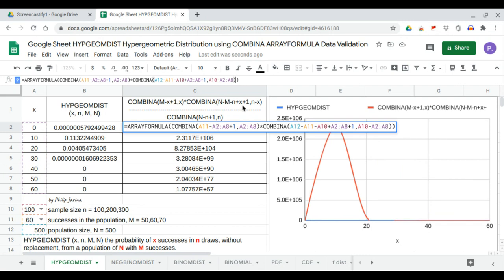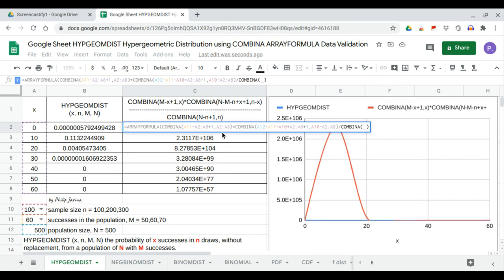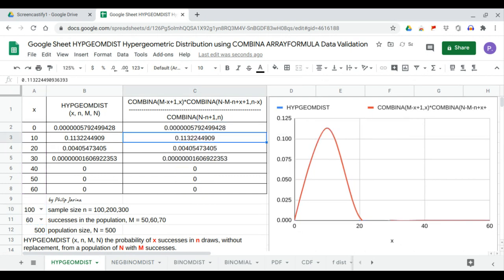Now we continue factoring in the denominator. So COMBINA of the population minus the sample size plus 1 and the sample size. Enter. So we have the exact same values. So using COMBINA and the hypergeometric distribution,